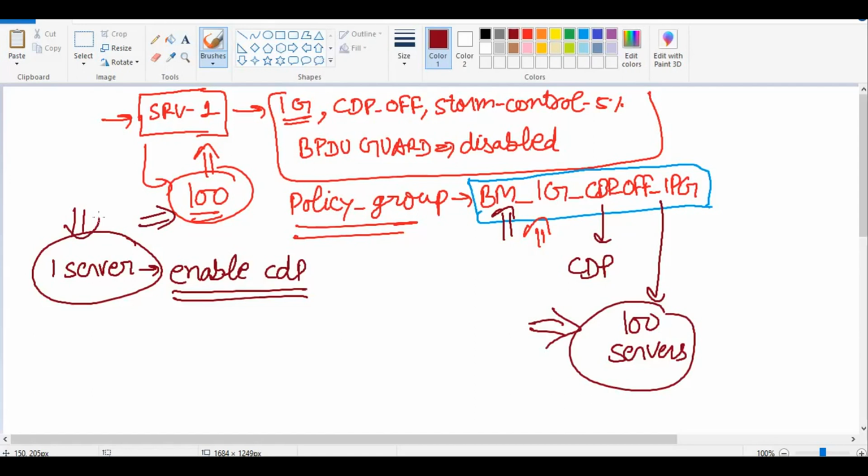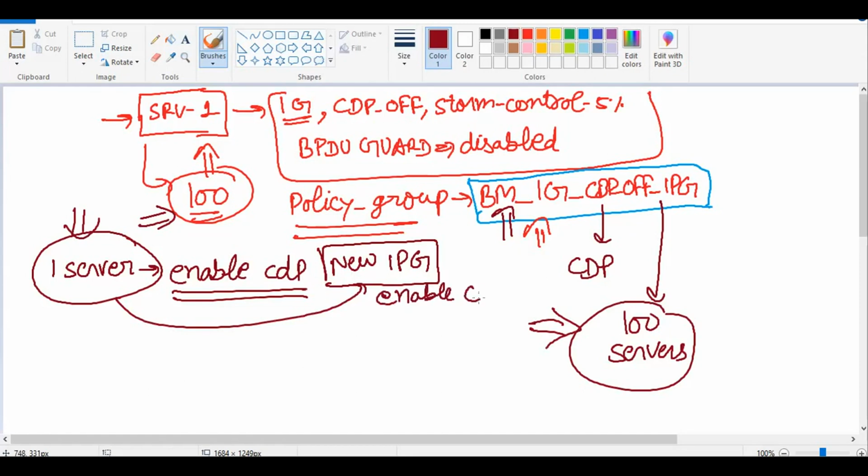Now what we can do is create a new interface policy group only for this one server, where I will enable the CDP. Of course, we'll also put all these policies, 1G, storm control and everything, but this time in the new policy that we created, we'll enable the CDP. Now I will go to the interface where this one server is connected.